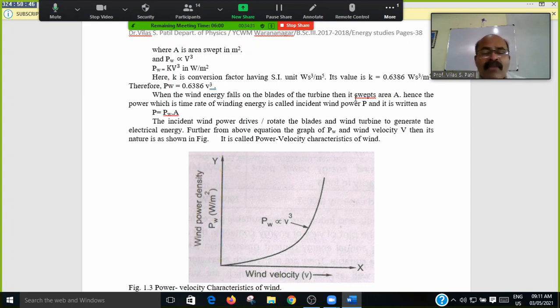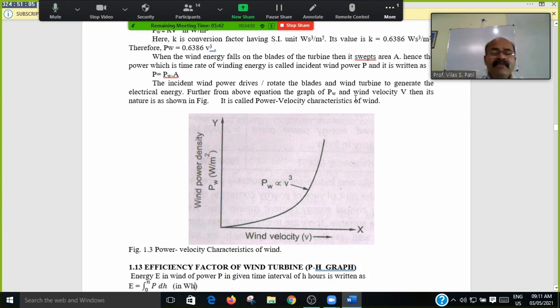And further from the above equation, the graph of PW and the wind velocity V, its nature is shown in the following figure. Look at the characteristic of wind velocity and wind power density, how the graph is. This is the wind velocity and wind power density. As the wind velocity increases exponentially, its power increases. Power of wind is directly proportional to V cube. As V is raised to cube, as wind velocity increases exponentially, the power density also increases. And this is called the power velocity characteristic of the wind